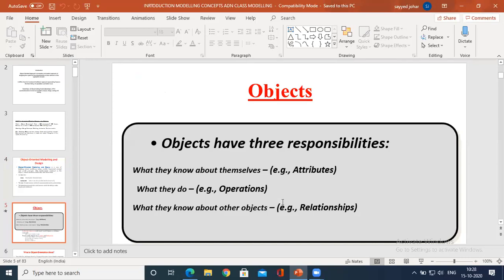When it comes to objects, they have three major responsibilities. Once again, I repeat, objects have three major responsibilities.